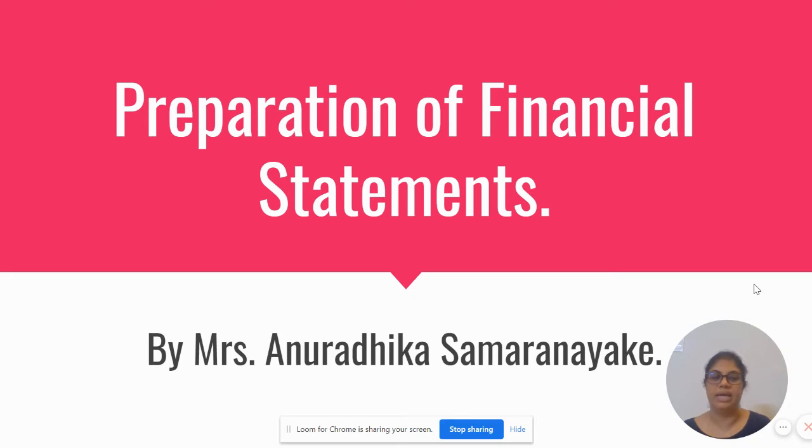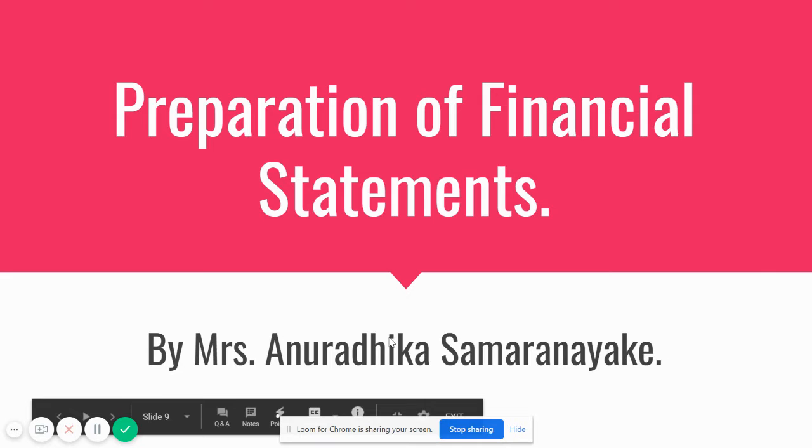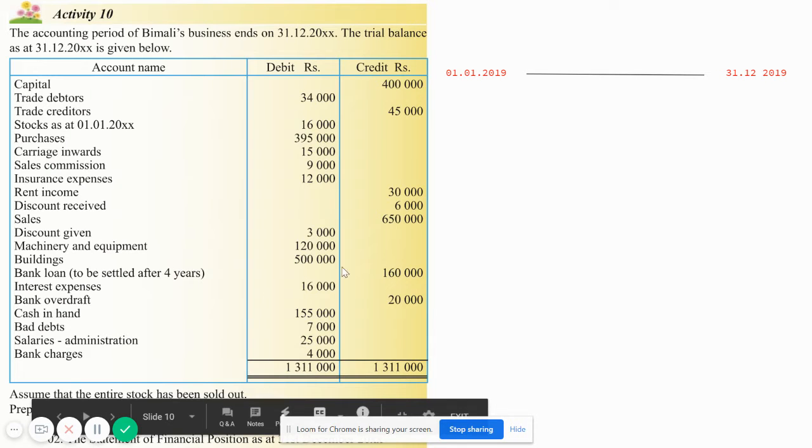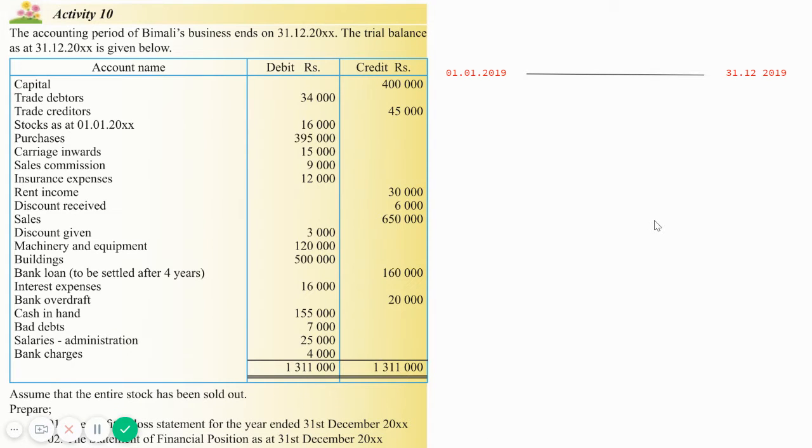In order to do that, I have selected Activity 10 in your Grade 11 textbook. So I hope you all have a very good understanding of the two formats and you all are ready with the two formats. Okay. This is Activity 10 on page number 66 of your book. Before doing the sum, as an approach, we must read the